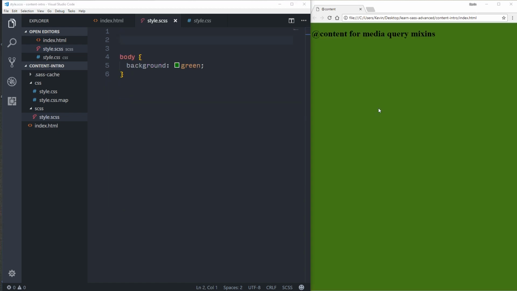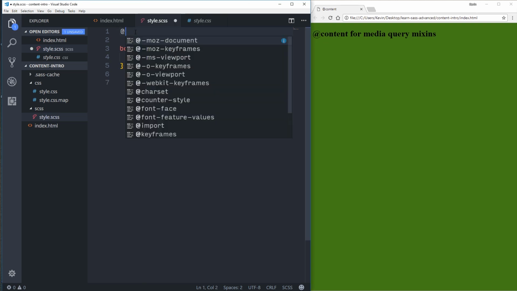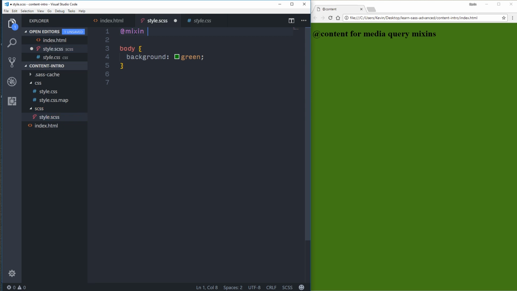Okay, so you probably aren't creating a lot of colored boxes on your site, but I bet you are using media queries. Media query mixins are the best because, well, media queries are long to write and can be a pain to modify when they're scattered throughout your code. So I'm going to come up to here and just do an add mixin,